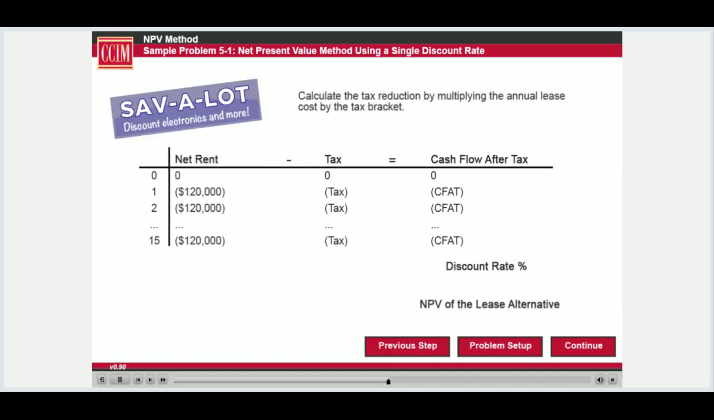To find this, we will multiply the annual net rent by the user's tax rate and then subtract the two to find the annual cash flows after tax. For Save-A-Lot, we will multiply the annual net rent $120,000 by their corporate tax rate of 21% to find a tax savings of $25,200 annually. Subtract the tax savings from the net rent to find the cash flows after tax of